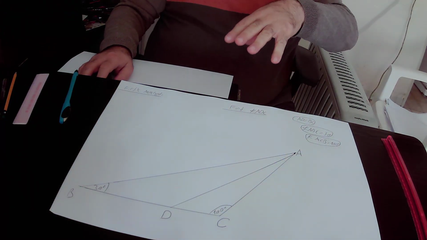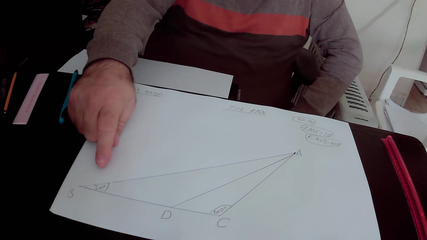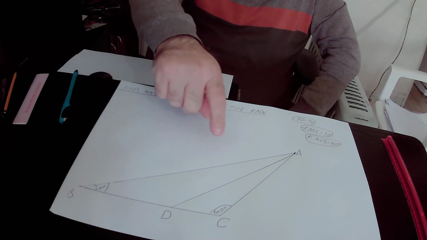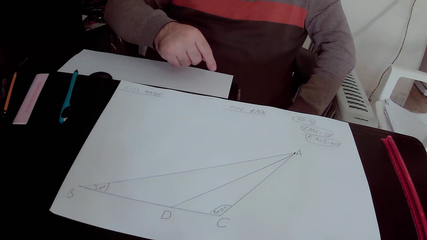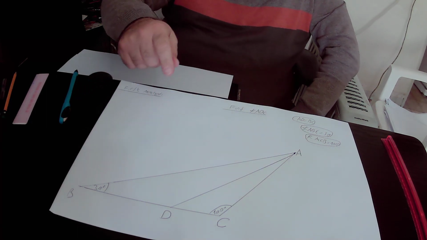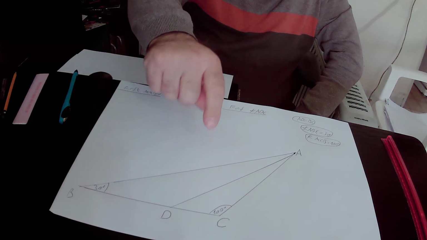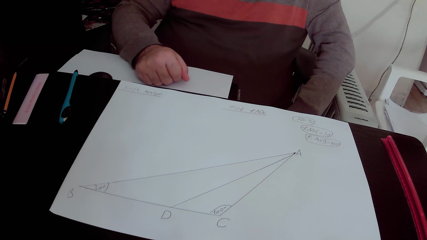Now, in this lecture, we will find out the value of angle ADC using two different methods. In the drawing, we have triangle ABC. We know that angle ABC equals 30 degrees, angle ACD equals 100 degrees. We also know that side AD equals side BC, and we want to find out the value of this angle, angle ADC. So we start with the first method,